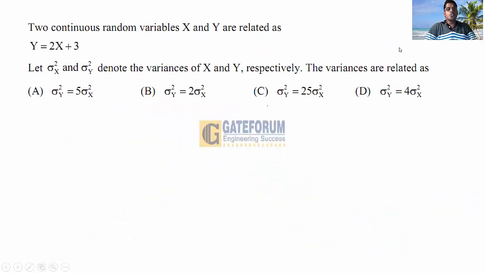The question is: two continuous random variables x and y are related as y is equal to 2x plus 3. Let sigma square x and sigma square y denote the variances of x and y respectively. The variances are related as, 4 options A, B, C, D given. This question is from engineering mathematics, from the topic probability and statistics, subtopic random variables. The solution is